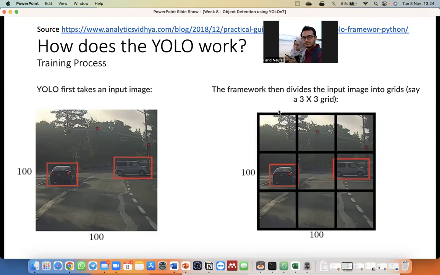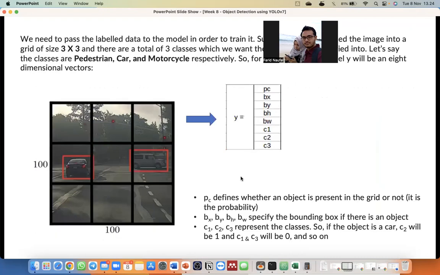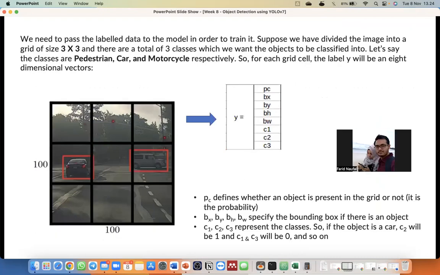So we will divide our image into 9 different boxes: 1, 2, 3, 4, 5, 6, 7, 8, and 9. So the first thing that we need to do in the YOLO algorithm is divide our image into 9 different parts, depending on the grid that we state. In this case we use a 3 times 3 grid, that's why we have 9 different boxes, or parts, in our image. Okay, so the next step.